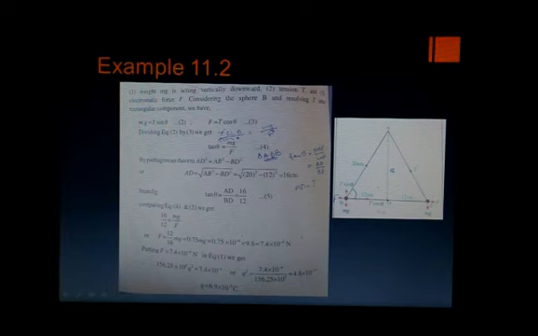AD is the perpendicular. Where is the base? BD is the base, and the perpendicular to the base gives you AD over BD. BD is already given as 12 centimeter, because I told you that BC, the whole length, was 24 cm, and when we drop a perpendicular AD, it bisects it into equal magnitude, 12 centimeter. So after putting the value, that is 16 centimeter over 12 centimeter, what do we get?